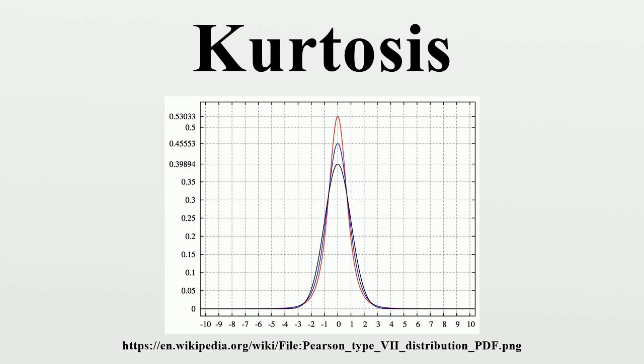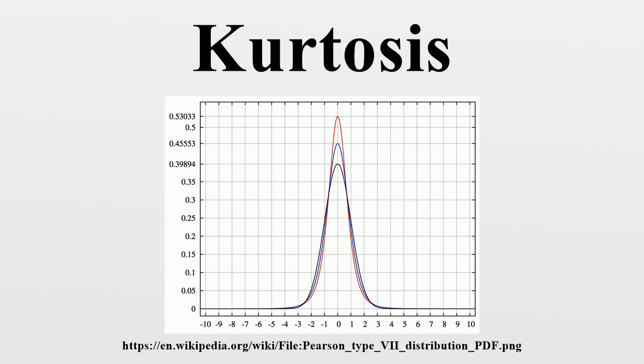Distributions with kurtosis greater than 3 are said to be leptokurtic. An example of a leptokurtic distribution is the Laplace distribution, which has tails that asymptotically approach zero more slowly than a Gaussian. It is also common practice to use an adjusted version of Pearson's kurtosis, the excess kurtosis, which is the kurtosis minus 3, to provide the comparison to the normal distribution. Some authors use kurtosis by itself to refer to the excess kurtosis.